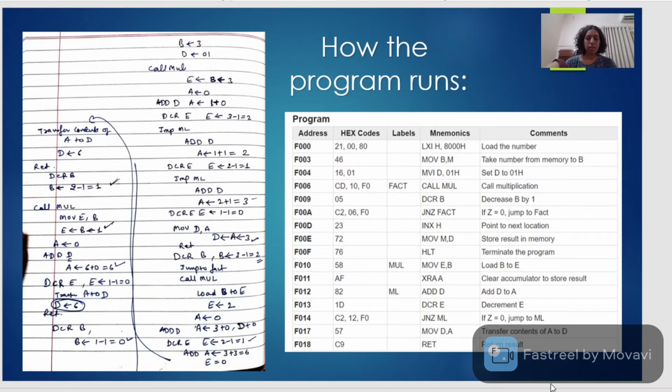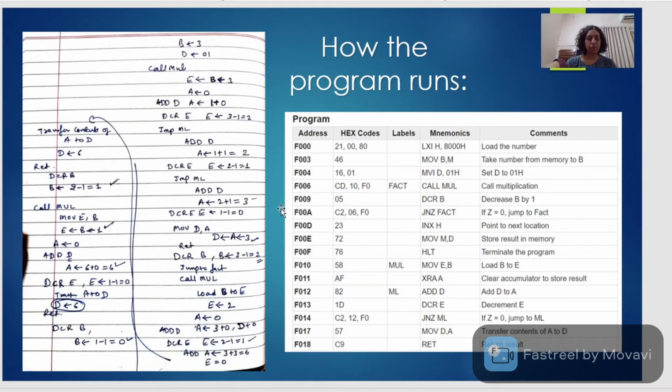Now it is written: if Z is 0, jump to ML. These flags are always 0 till they become 1, and they will become 1 if the value in the instruction before them becomes 0. But here nothing like that is happening. So we will jump to ML.